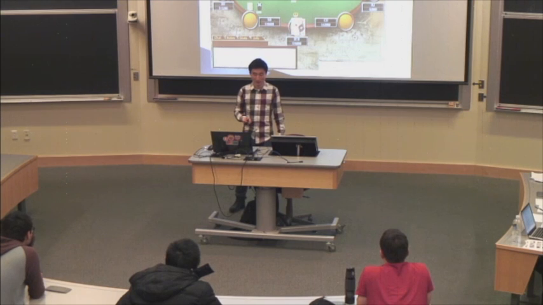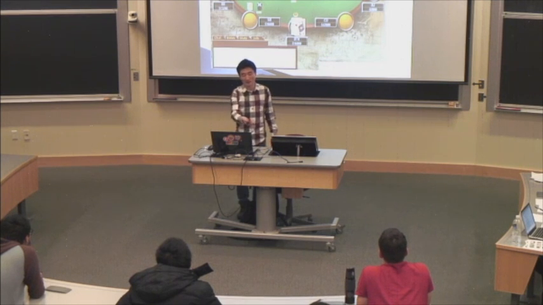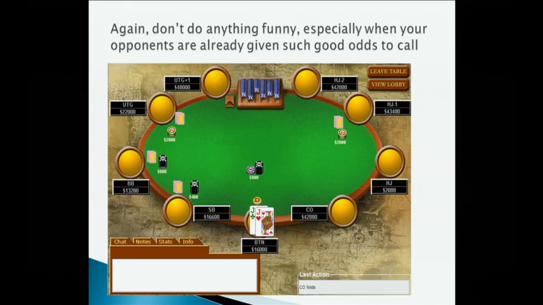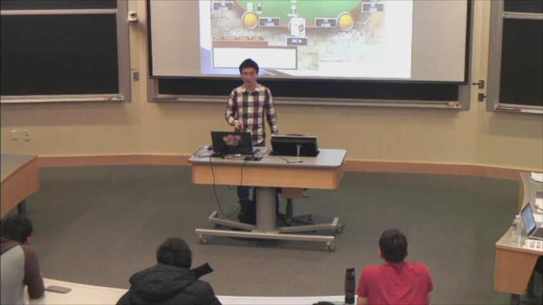So all in here is good. And the last example is also easy. Under the gun raises, hijack minus one calls, you have a great hand on the button and only 20 big blinds. You just go all in. There's no reason to be cute and make it like 8,000, unless you were trying to sucker your opponent.